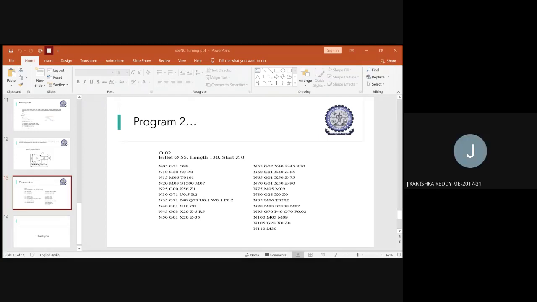But, ma'am, one question. I think in the previous class, in one of the PPTs, G71 was written as metric format. G71 is written as? Metric format is G70 is inch format. But here we're using it for rough turning and fine turning, ma'am. See, rough turning cycle we have and finishing cycle we have, and you're telling related to the metric system, right? Correct, ma'am. Last time, in the PPT you said, G71 says metric format, G70 says inch format.